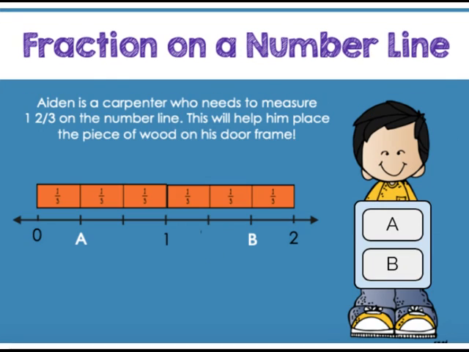All right. Next. Aiden is a carpenter who needs to measure 1 2/3 on the number line. Ooh, this is going to apply what you learned yesterday. This will help him place the piece of wood on his door frame. A or B? Write it down. Aiden needs to get 1 2/3 on the number line. After you get the answer on top,